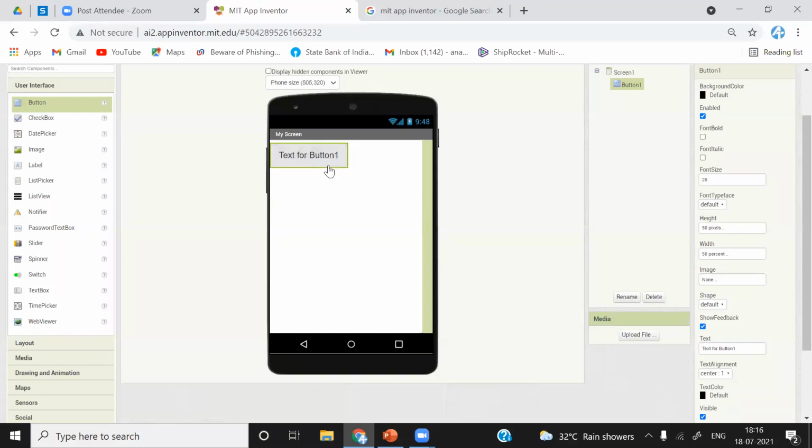This is the half of the screen because we have put 50%. Now I will put 100 to show you. What if I give 100% over here? The entire screen will be covered by this single button. You can see that width and height we have given 100%.